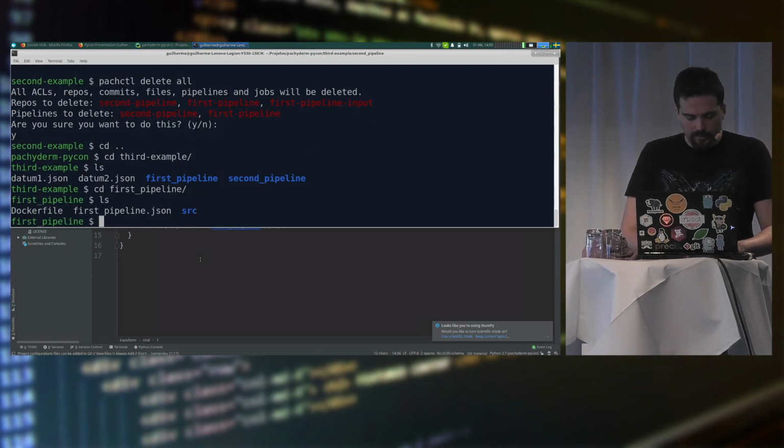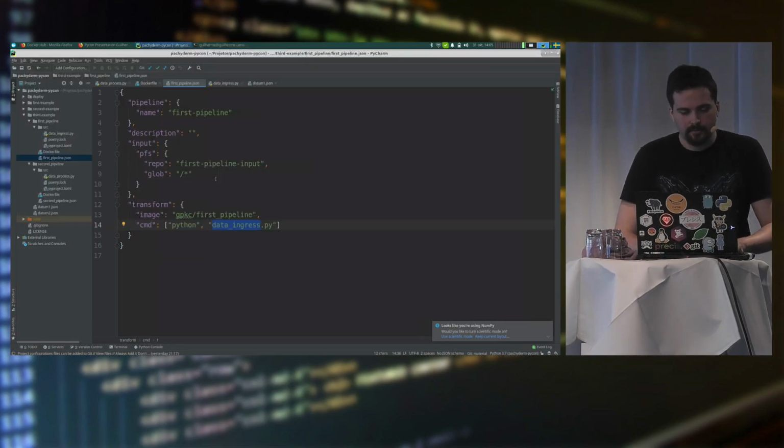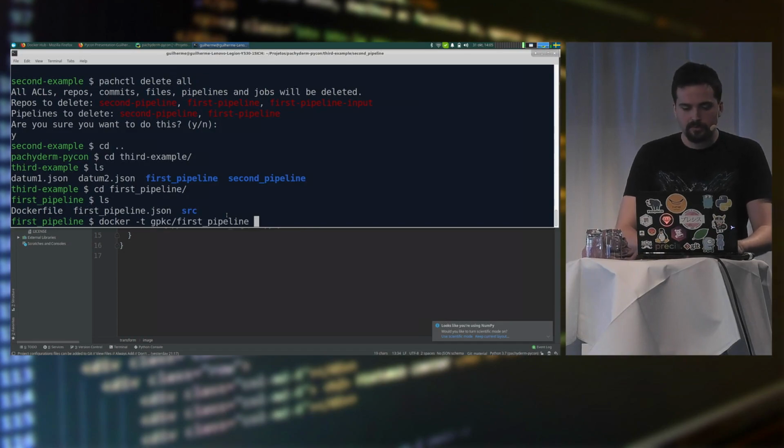So the logical step would be to take your Dockerfile, build it, and tag it with the image that you expect. Docker build.